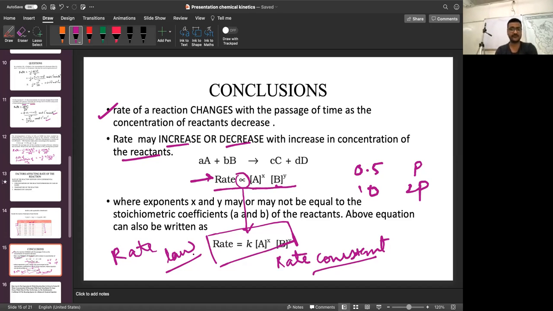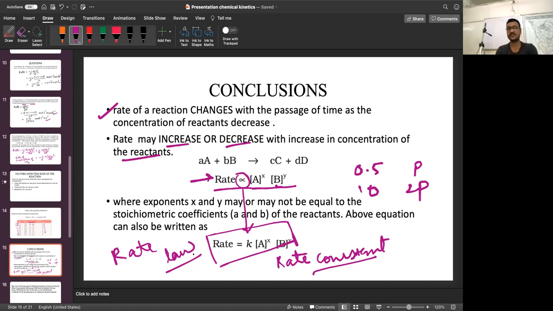Okay, like for the thermodynamical viewpoint, we need delta G. For the chemical equilibrium viewpoint, we need Kc, Ka, Ksp, all the equilibrium constants. Likewise, for the chemical kinetics viewpoint, we need this K. This is a constant value for any reaction. You must understand that K is fixed for any particular reaction at a particular temperature. Temperature may change the value of K.